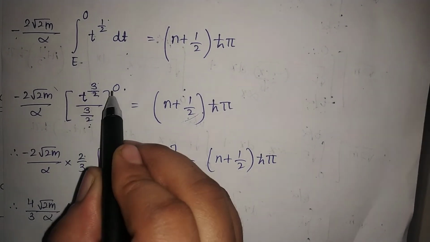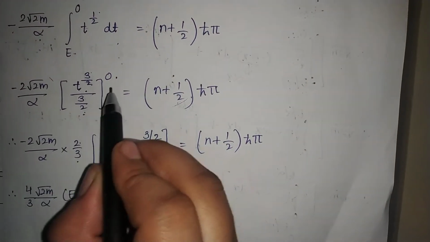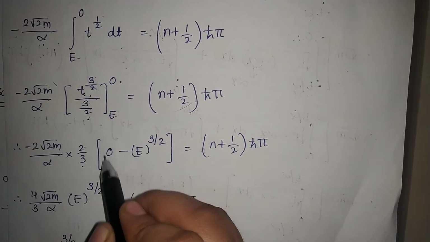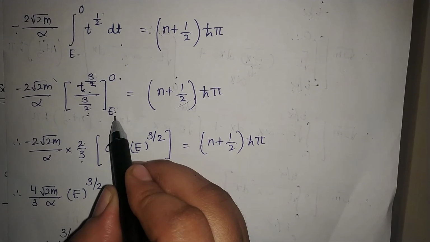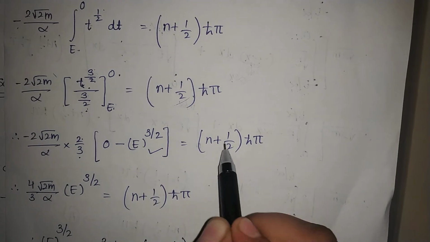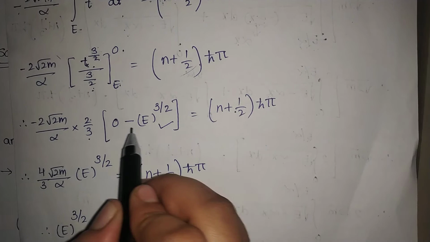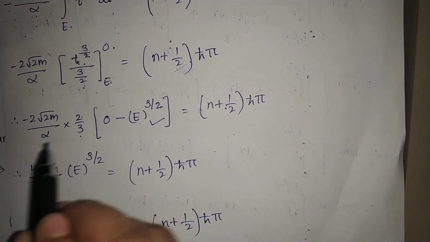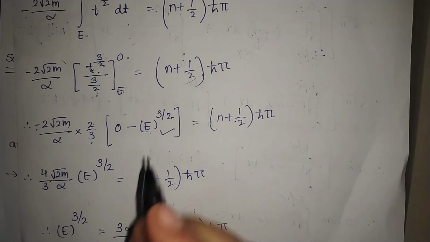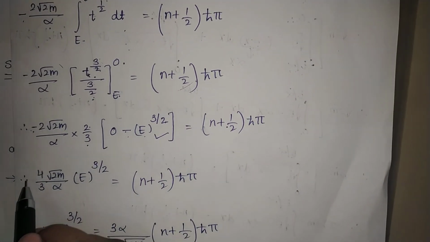Okay. And when we put this limit into this equation, what do we get here? First, when we put 0 into t, this term becomes 0, the first term. Then we put the other limit, so minus of E raised to 3 by 2 we will get, that is this. And the right hand side we will write as it is. So after putting the limit, we get minus of E raised to 3 by 2. Here we already have one minus sign, so this minus sign and that minus both become plus, and we get a positive sign.